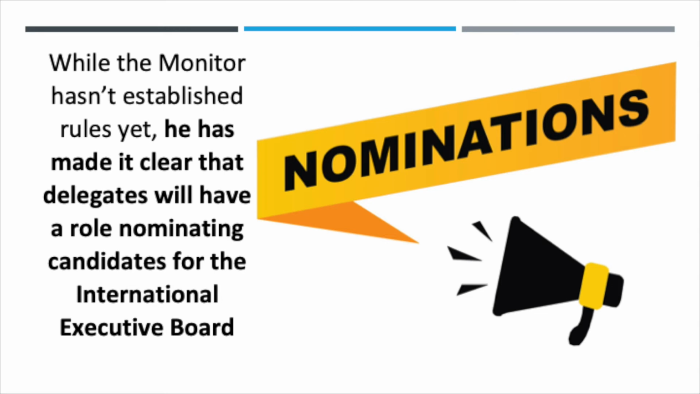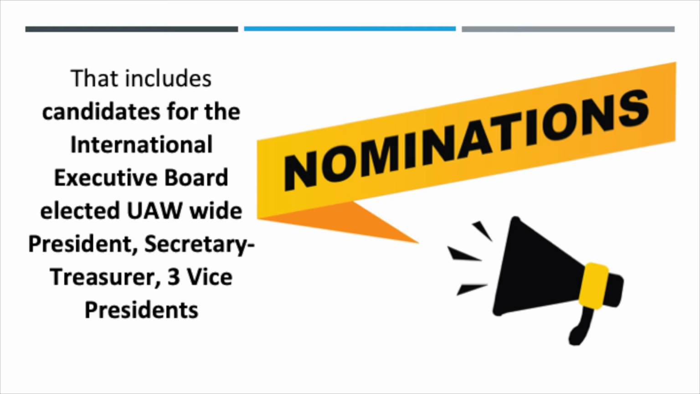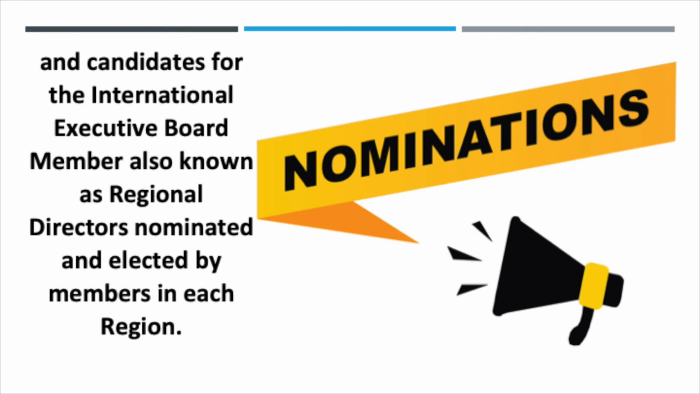We need to get delegates elected that will be there to nominate the candidates that we want on the ballot, who are going to push for reforms and push for better contracts. Those candidates include the International Executive Board, which are the president, the secretary treasurer, and 3 vice presidents. Also, candidates for International Executive Board members, also known as regional directors, will be nominated likely at the convention,